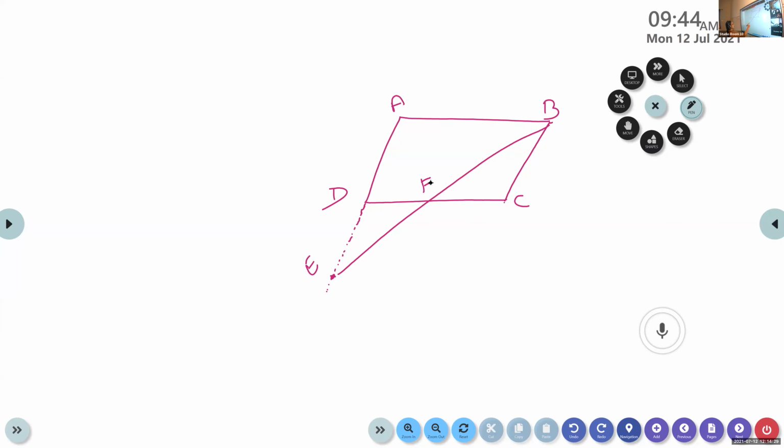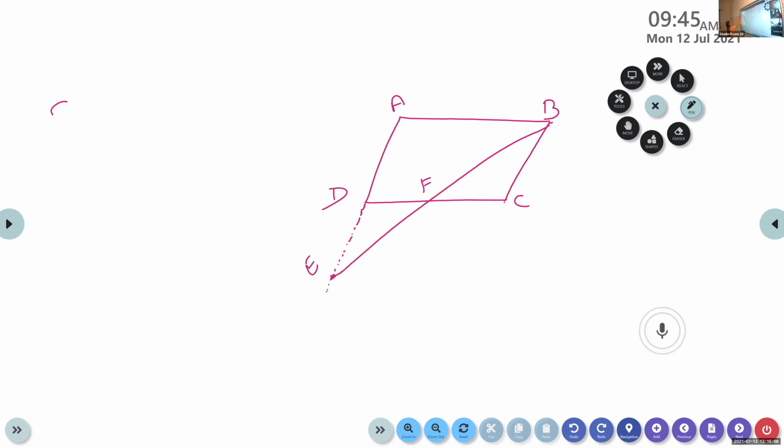Now read the question and understand the figure once again. All of you read the question and look at the figure. What are given? If you got the figure, then problem is simple. Getting the figure is important. We have a parallelogram ABCD and AD is produced. So we are producing that line segment AD, and E is a point on AD produced, and we are joining BE and BE intersect DC at a point F.